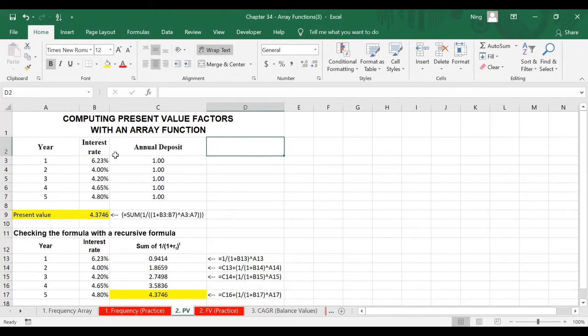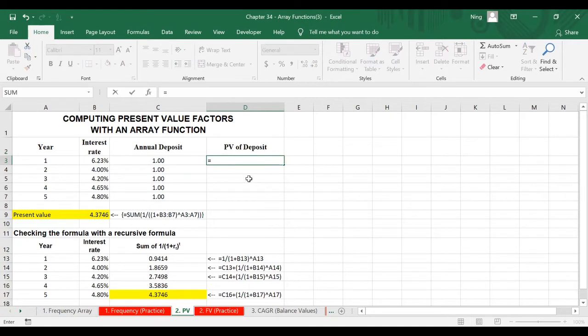How do you do that? We know the present value of an investment is the sum of the present value for all your future investments. And therefore, the most conventional way is to compute what is the present value for each of your future deposits and then sum them all up. So what you're going to do effectively is you have to compute what is the present value of each individual